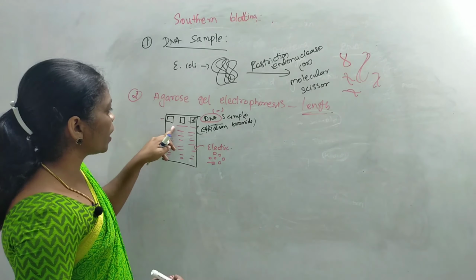For that, I am going to treat this agar gel medium with an alkaline solution. They mostly use sodium hydroxide. This sodium hydroxide will break the hydrogen bonds between the DNA. These hydrogen bonds get broken down, and as a result I get the two separate strands by means of alkaline solution digestion. Now the DNA fragments have been separated, they become single stranded.